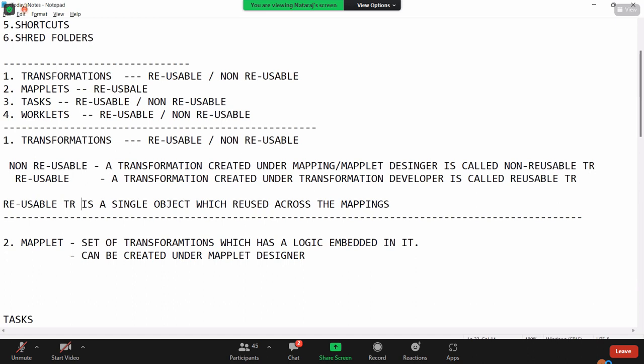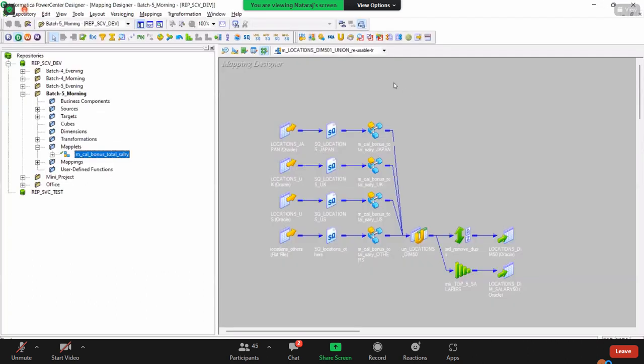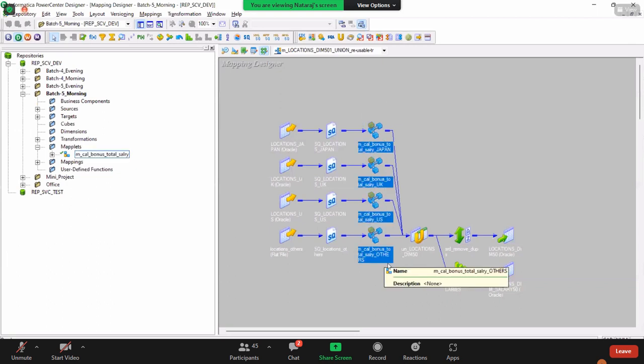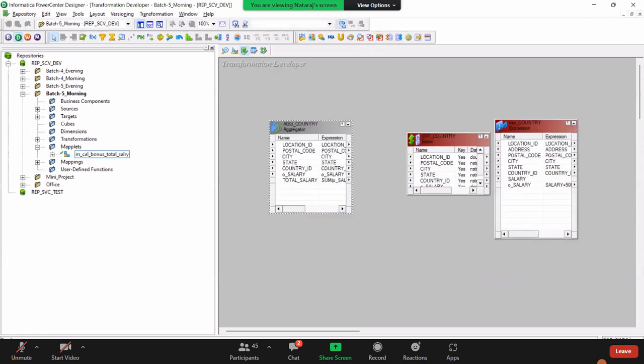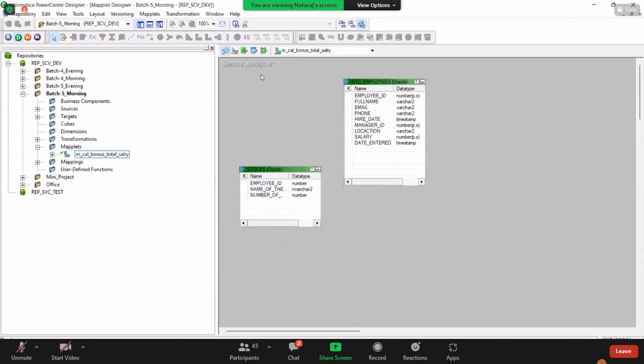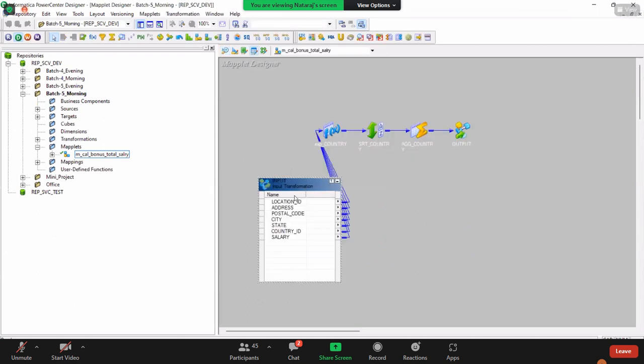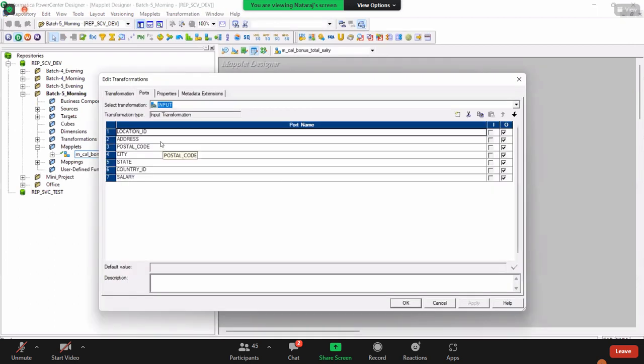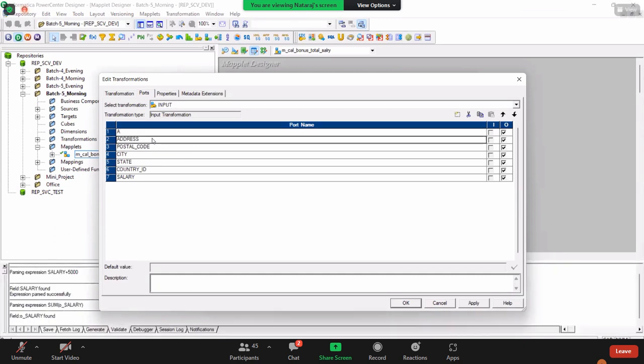And that can be created under Maplet Designer. That is called a Maplet. Did you understand how a Maplet is working? Did you understand, please? Here, generically, suppose you want, okay, A, B,